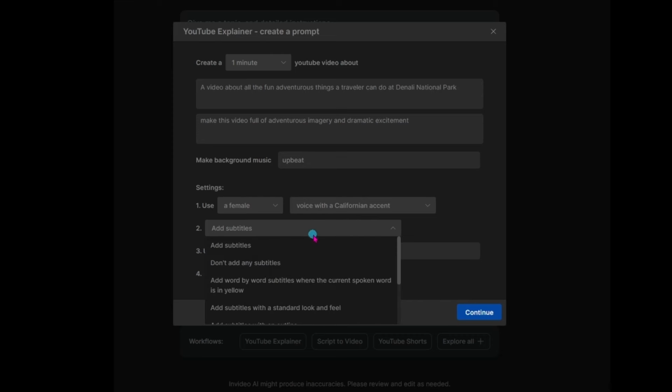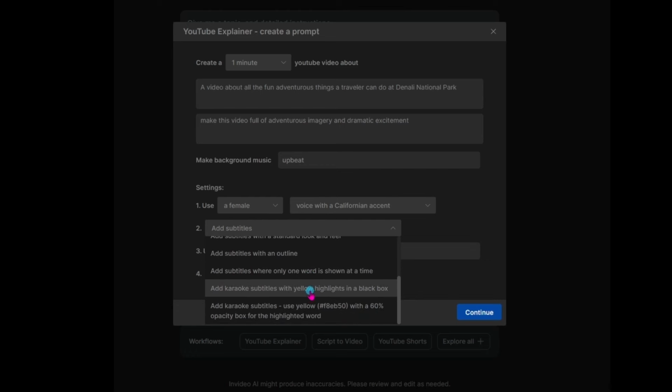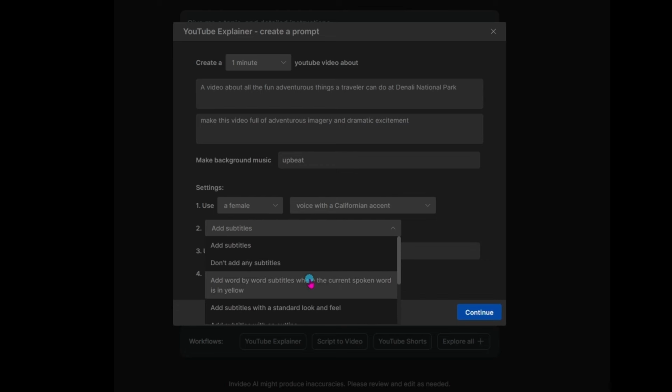Subtitles, you can choose whether you want to add subtitles, don't add the subtitles, add word-by-word subtitles where the current word is spoken in yellow, subtitles with a standard feel, with an outline, so all kinds of different choices that you have here with the subtitles. So I'll go ahead and just do